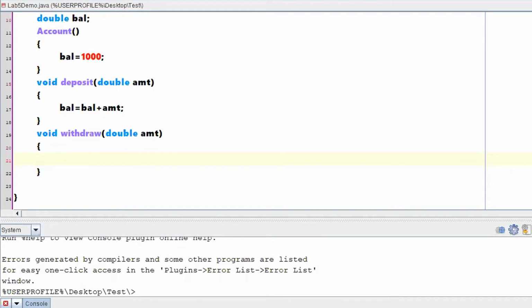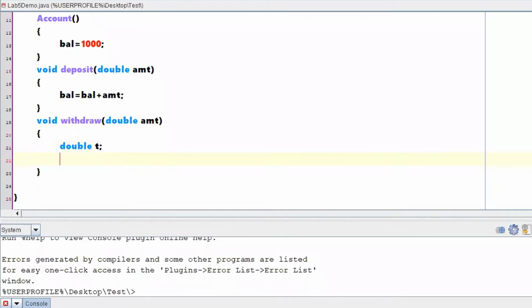Clear? Now what I will do is, I will take one variable which is called total. Consider that I have written some double T. So the value of T is equal to whatever balance you have minus the amount which you wanted to withdraw. Right? So I'm just calculating. I'm just taking a variable called T; without taking this T also you can do it, but just for understanding the things in a simpler fashion, I have taken one variable called T.